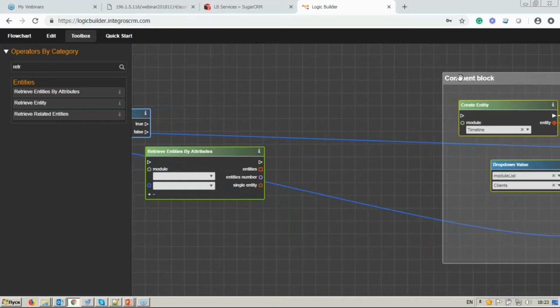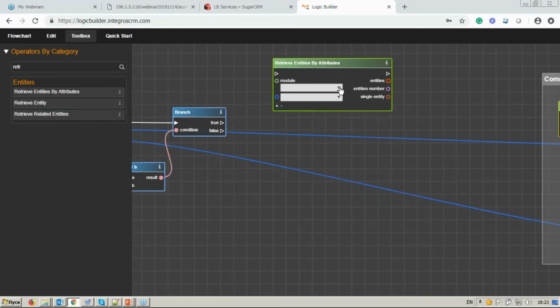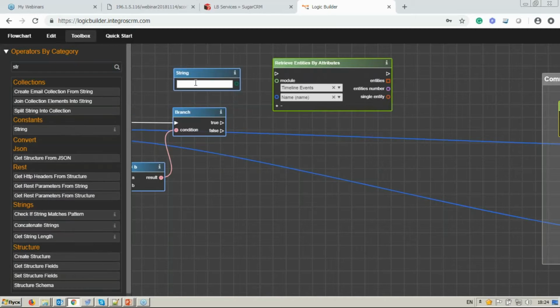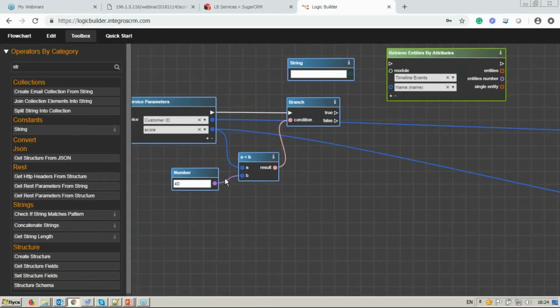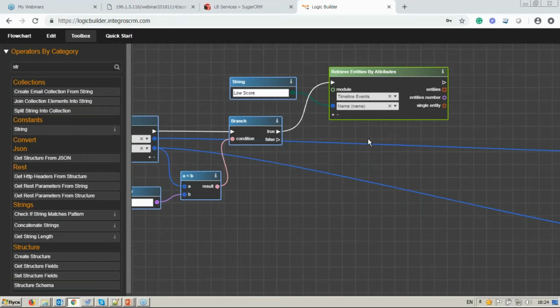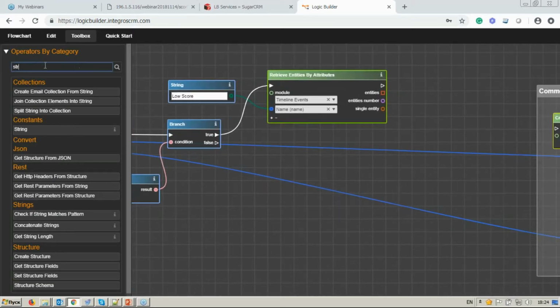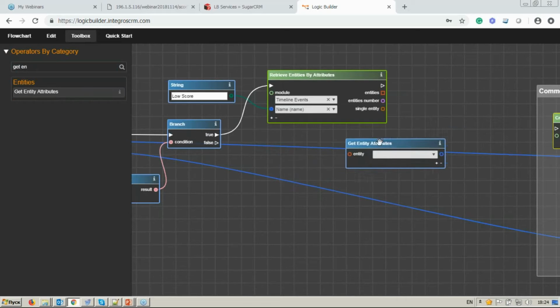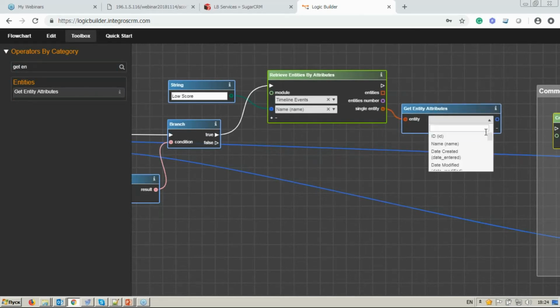Let me put this a little bit aside. So I put retrieve entities by attributes. I'm looking for a record in the timeline events module. And I'm going to find the record by name, for example. And I specify the name by using a constant string. And as we say, if score is less than 40, we are looking for the event type called low score. So when this condition is true, we are looking for the timeline event named low score. And what we need to get from this entity is the ID of the record. So I get this ID,